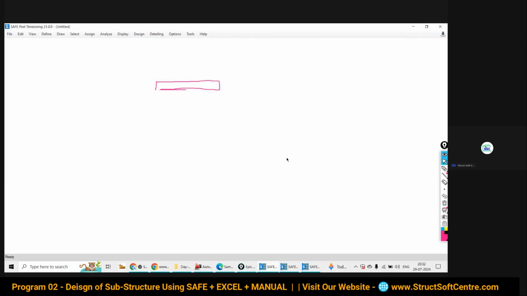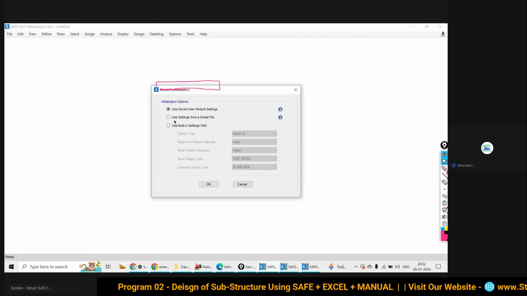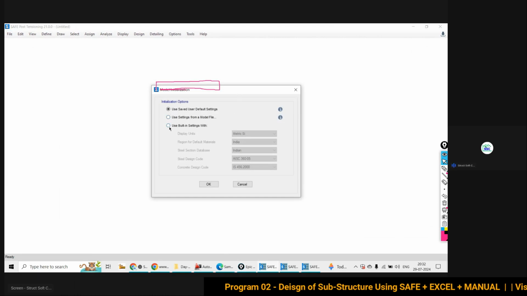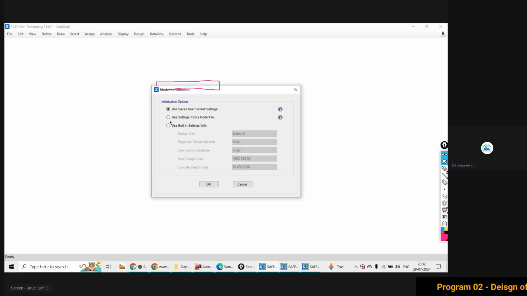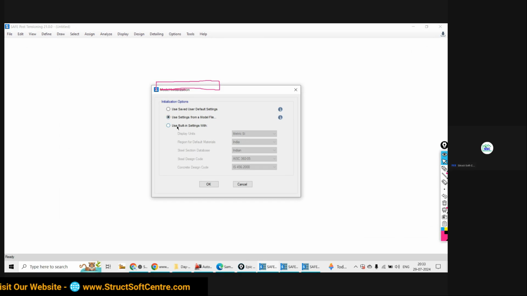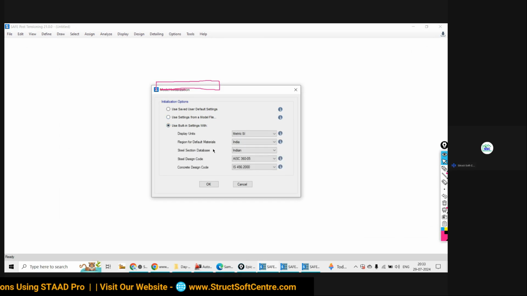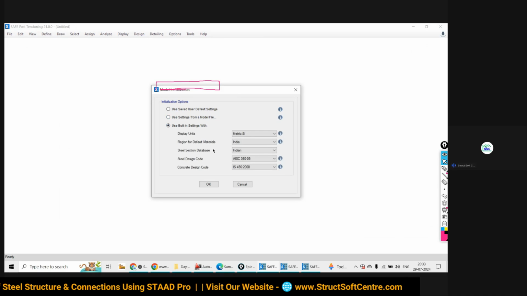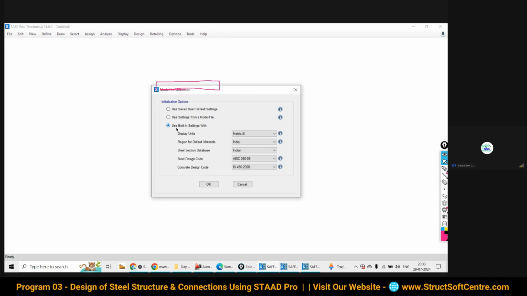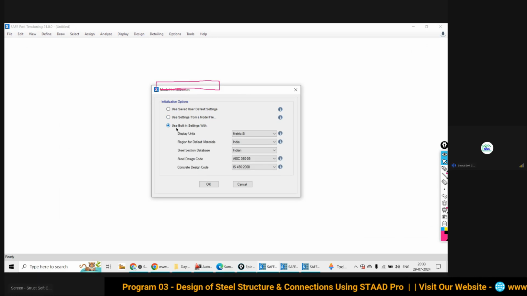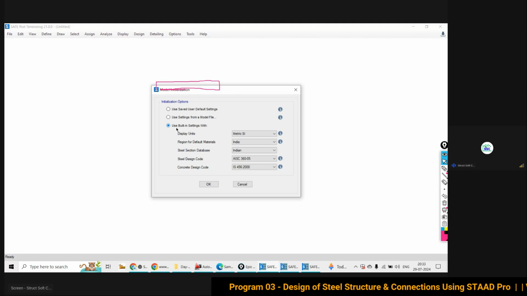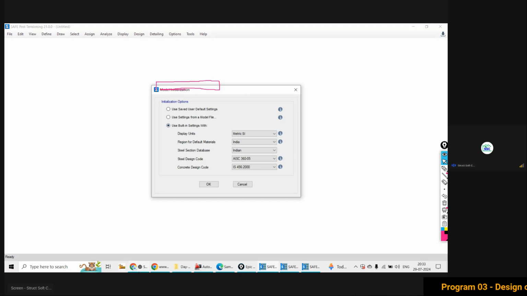Okay, let me close this again. Go to file, new model. Once I click over the new model, so ये हो गया second option. Now the third option is what? You don't want to use any saved definition. You don't want to take the reference of any existing model or any existing project as in the second option. The third option is what? You want to start everything from scratch. That will be your थर्ड ऑप्शन. अगर आपको सब चीजें फिर से डेफिनेशन सेट करना है, सब कुछ फिर से करना है फ्रॉम न्यू फाइल, सो आपको थर्ड ऑप्शन के साथ जाना पड़ेगा. Is that all clear?